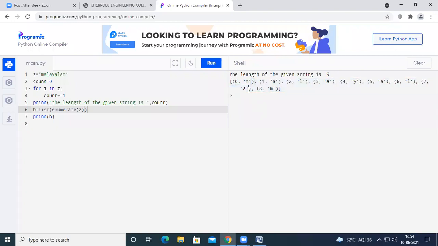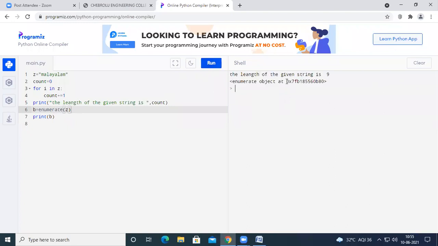So here, see here, 0 is the index for the character M. 1 is the index for character A. 2 is the index for character L, and so on. 8 will be the index for character M. So in this way, the given string was stored inside the memory. Okay, so if you simply want to know the memory location where the string was stored, you can go for enumerate of z.